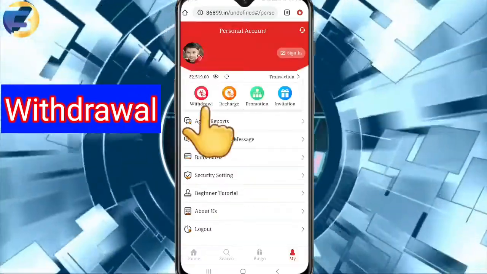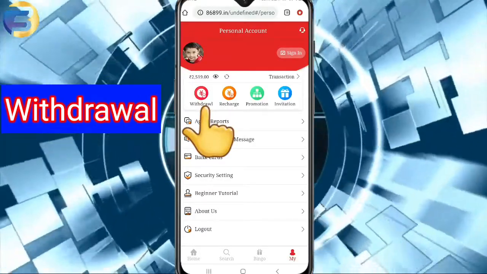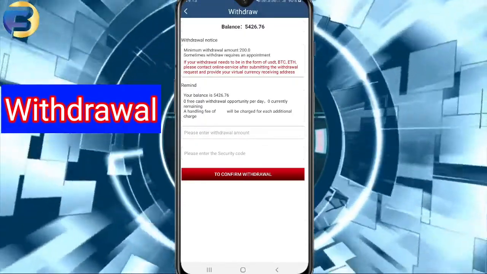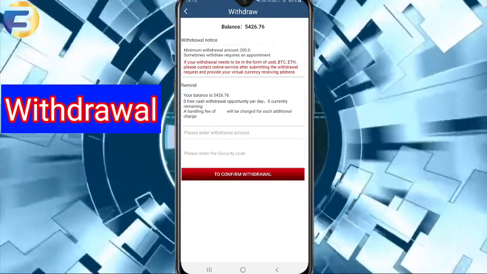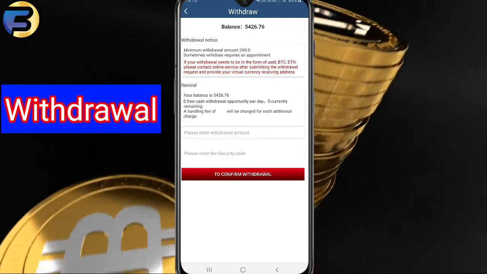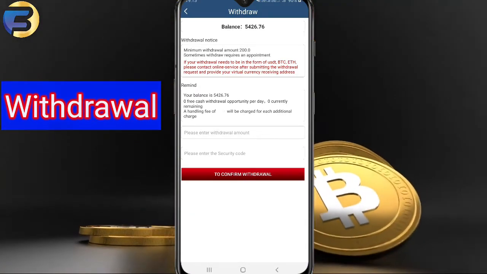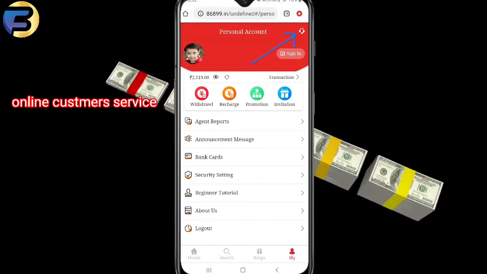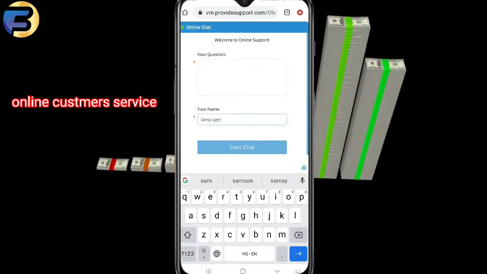and these details will be added. Now I will show you how you can withdraw the amount from this account to your bank account. For that, click on the withdraw option and you will be asked to enter the withdraw amount, the amount that you want to withdraw from this account to your bank account, and then it will ask you to enter the payment password that is the 4-digit password you have already set. So enter the details and then click on confirm, and the withdrawn amount will be credited to your bank account. And before withdrawing the amount, or before performing any recharge, you need to consult customer service regarding any transaction.